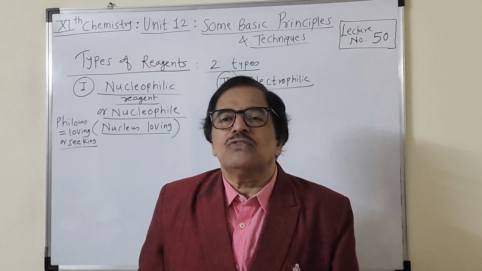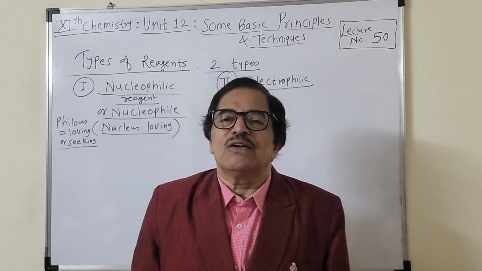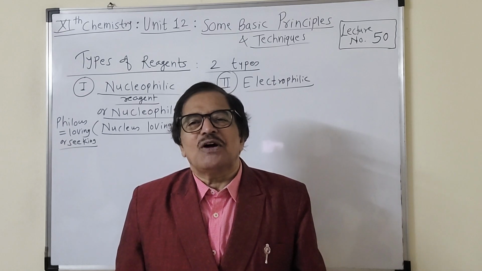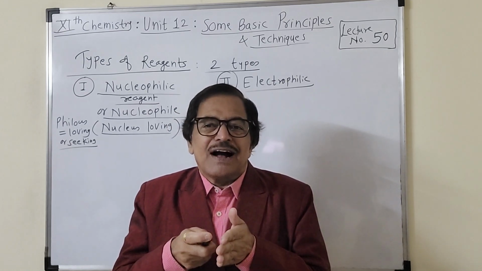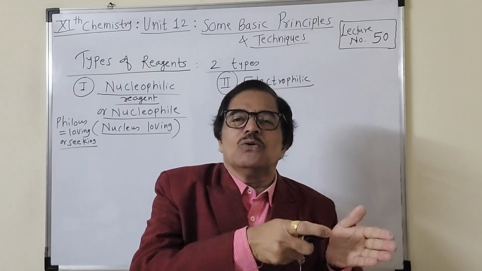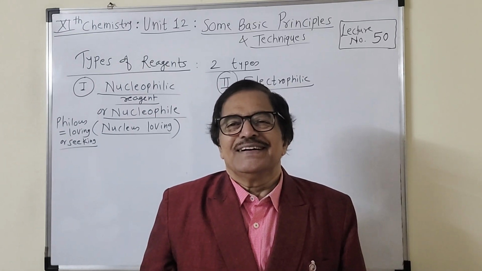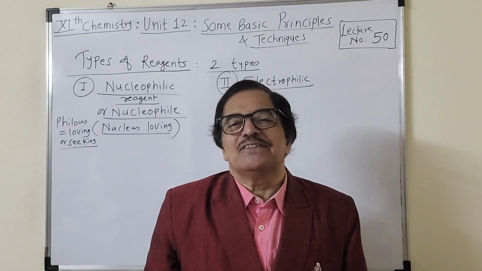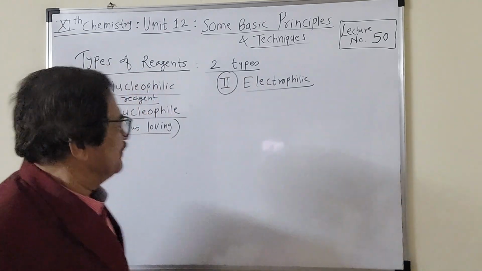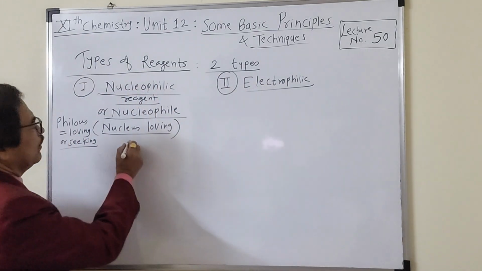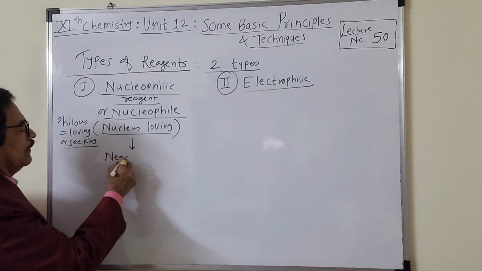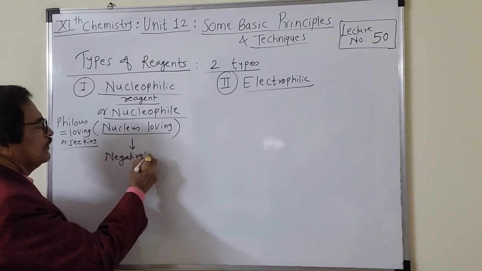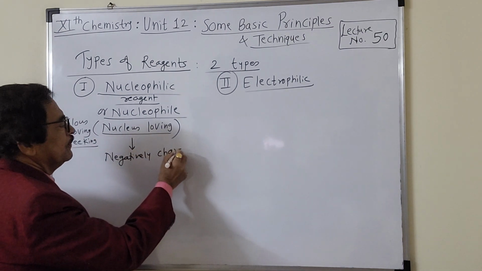अब न्यूक्लियस को कौन सा चार्ज है बताओ. What charge is there on nucleus? Nucleus has got positive charge. So पॉजिटिव चार्ज का अट्रैक्शन करने वाला कौन होगा. No doubt the negatively charged species. Okay, and therefore we can say that a nucleophile or nucleophilic reagent is that which is negatively charged. Negatively charged species